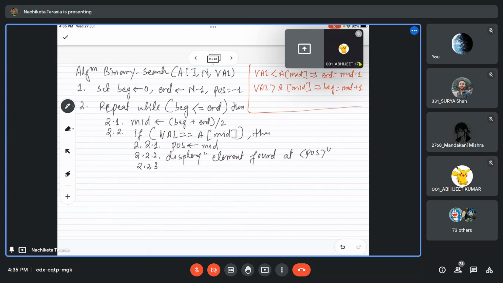2.2.3 मुझे आगे नहीं बढ़ना है, तो I can use a break statement here. ठीक है, so I can break because मैच हो गया, नथिंग टू डू, जस्ट आउट ऑफ द प्रोग्राम. देन 2.3